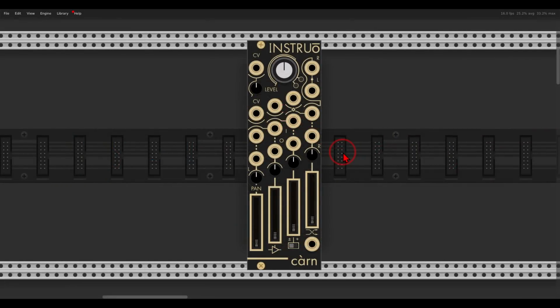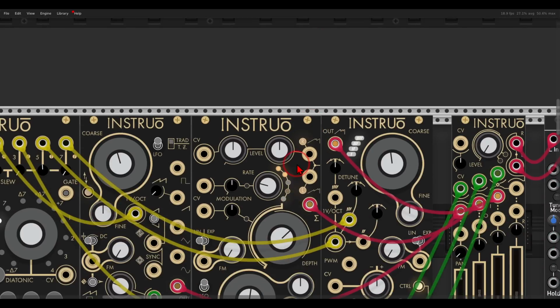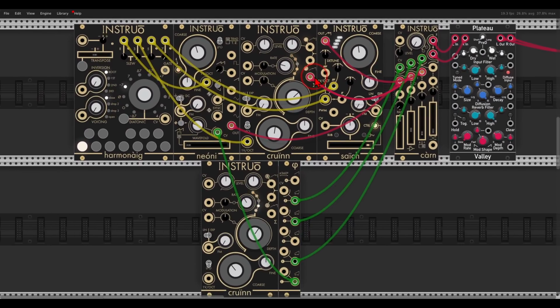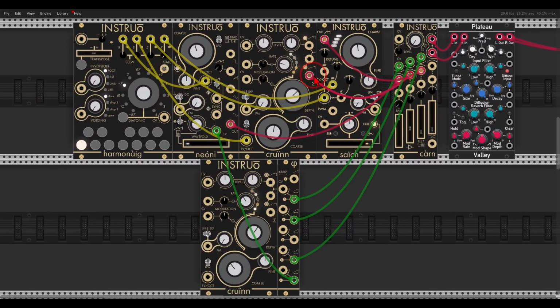And we have also Carn, which is quite an interesting mixer because each of its channels is unique. So for the first channel, we have voltage controlled panning. Of course, we have also stereo out. The second channel is a VCA. The third channel is a ring modulator. And the fourth one is a cross fader, right? So of course, this can be great for mixing different oscillators and creating interesting textures and a new sound, basically,